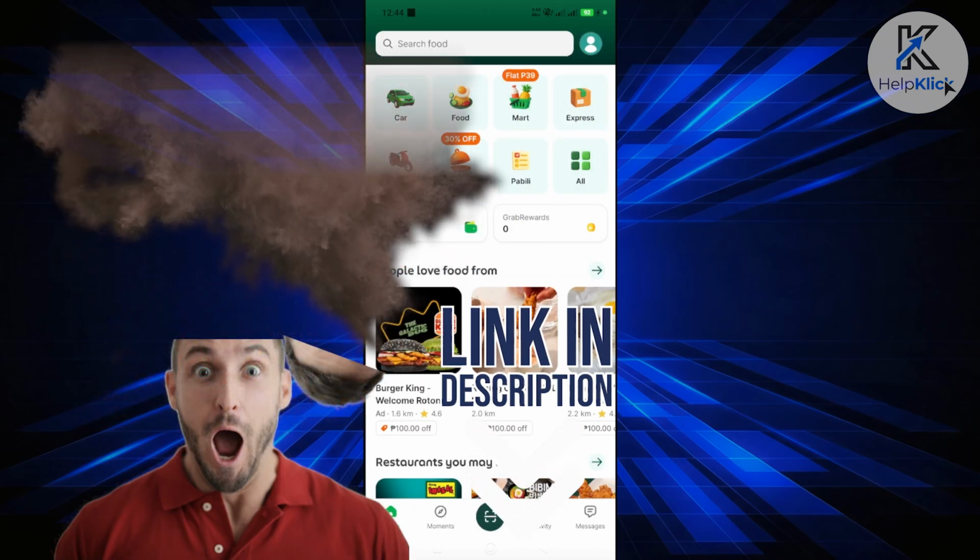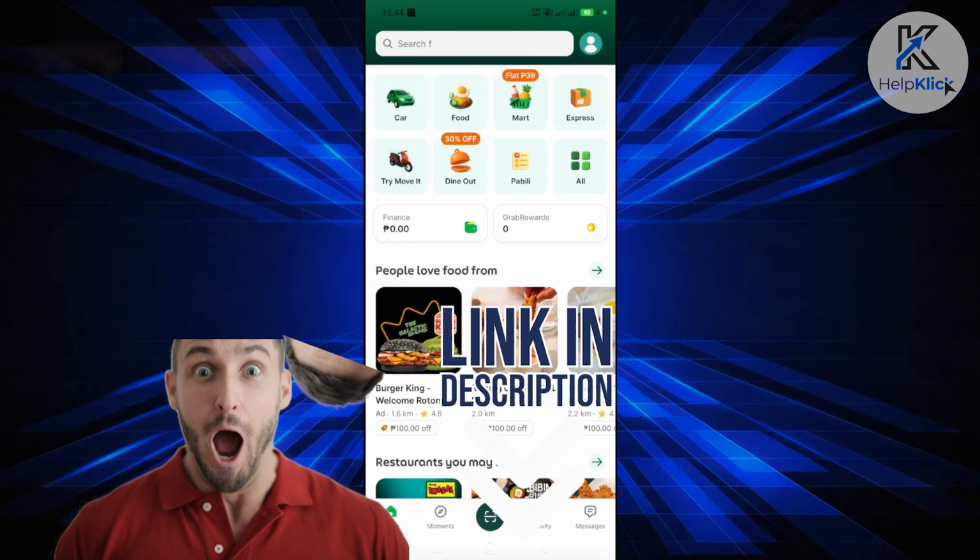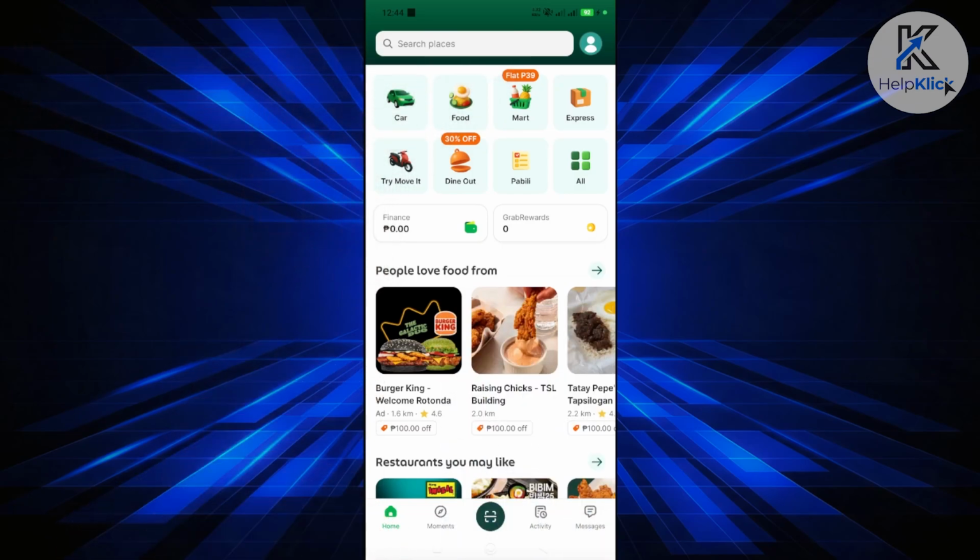So let's get started. If you want to start using Grab Pay Later, and let's just say you want to save up now and maybe pay the rest of the purchase amount later on, this one is kind of tricky because there are a few things that you need to do or verify. First things first, you want to access the Grab app